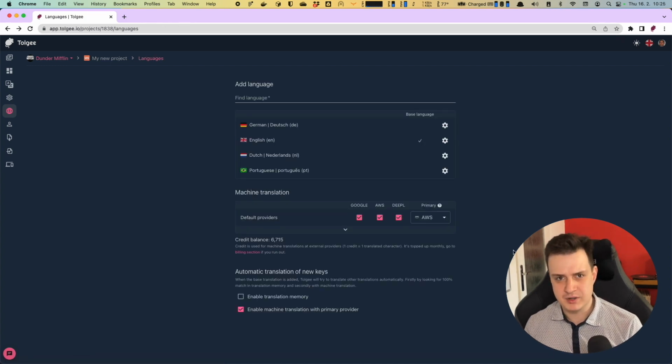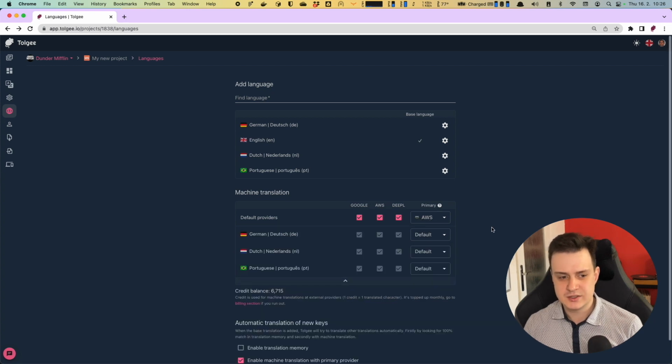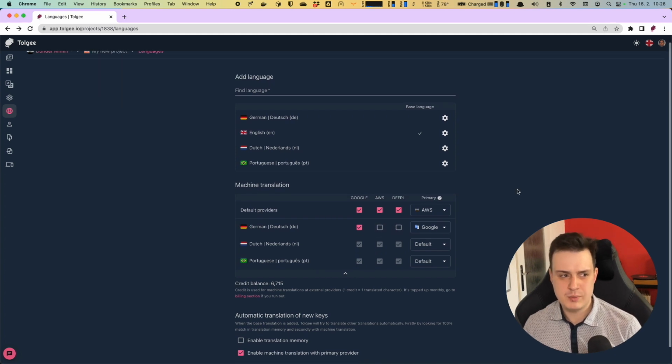Now I have enabled all the machine translation providers for all the languages, and I have set AWS Translator as my primary service. That means that automatic translation of new keys will be made by AWS Translator. To change that, for example for German, I would like to enable only Google and set Google as the primary service. I have to change Google to be the primary service and then I can enable everything else. Now when I go back to the translation view